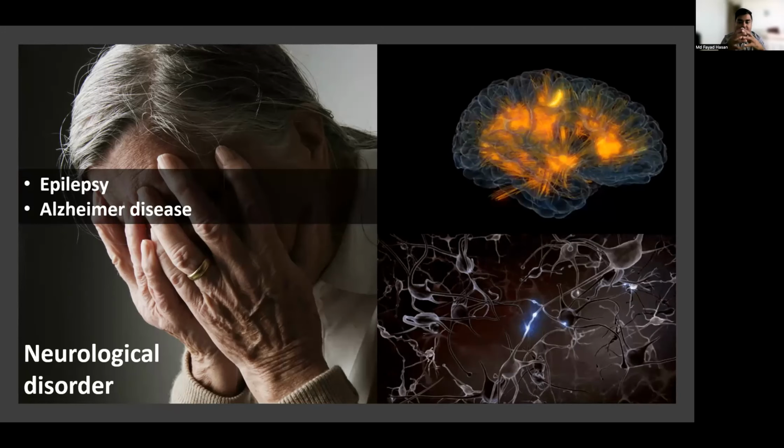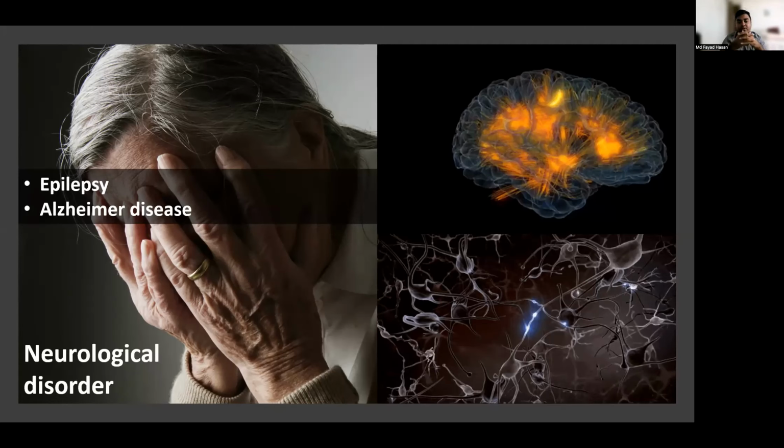Our brain is composed, as you all know, of billions and billions of neurons which interconnect with each other intricately. And because of this, the brain needs a really perfect and really healthy environment. If anything bad goes into the brain, or the interconnection between these neurons is somehow affected, our brain cannot function properly, and we start to forget. That can be Alzheimer's disease, and we can start to convulse or go into seizure, which is epilepsy.